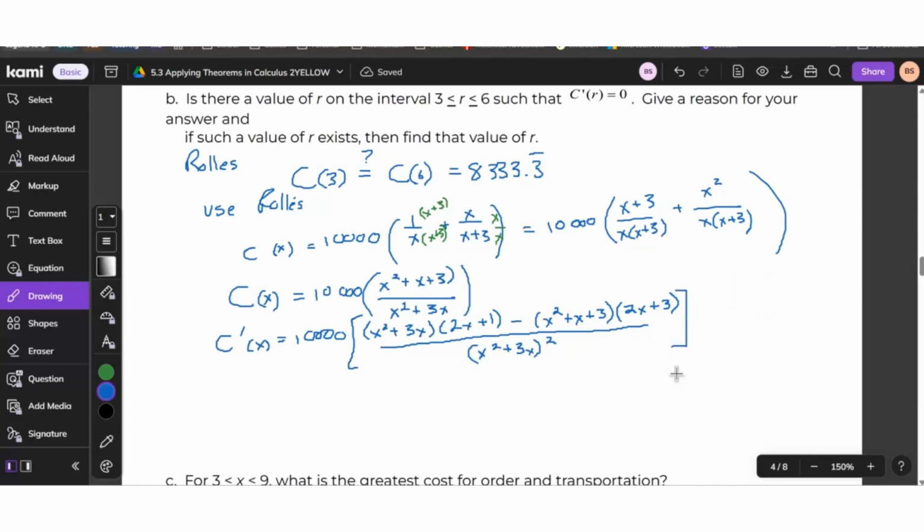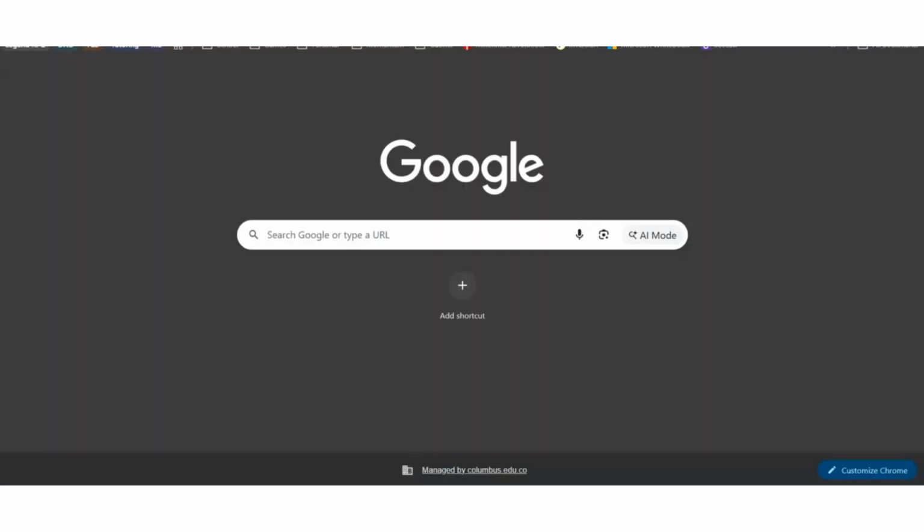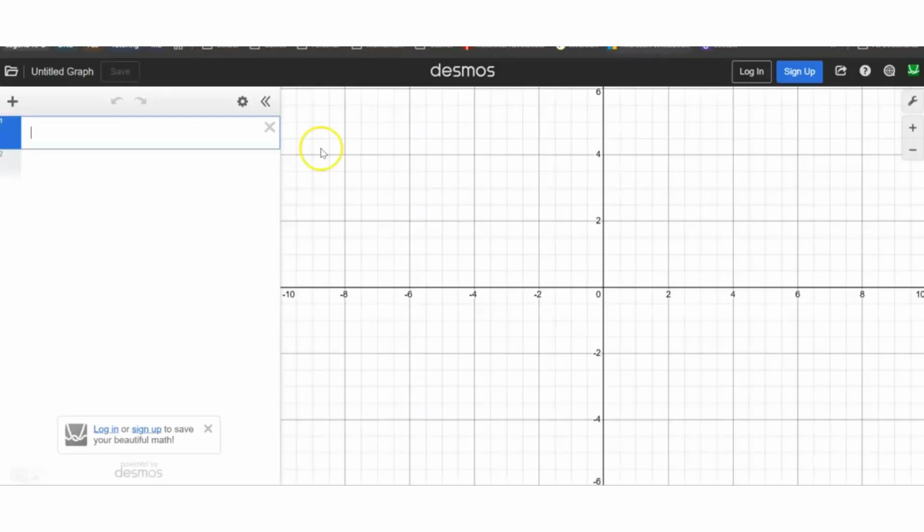Gross. All right, I'm not going to lie to you guys. I have good news. This is a graphing question. You should definitely graph that. Yeah, you're going to have to graph this one. So let's go ahead and do that. It's going to be 10,000 times x squared plus 3x times